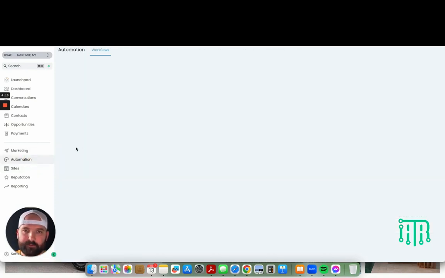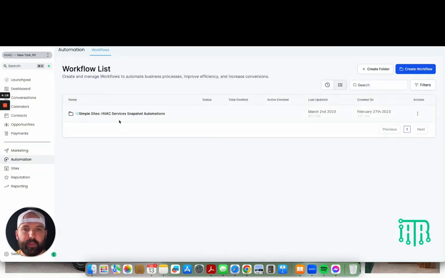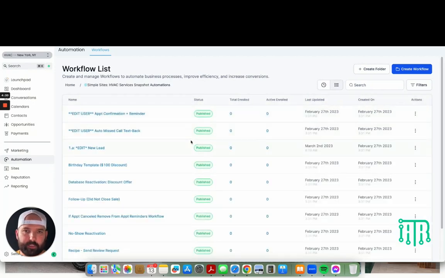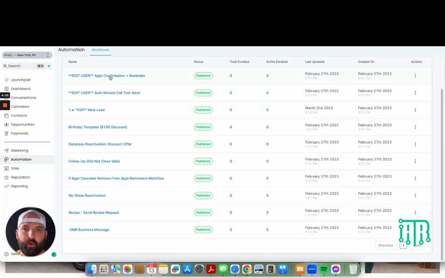All the automations, you can see here that again, everything is very clearly separated, put in its own folder. So if you have another snapshot imported already, you don't have to worry about these getting mixed up with other workflows you have built. You just click on this, have a beefed up appointment reminder, confirmation, a beefed up auto missed call text back, new lead campaigns with delivery, birthday templates, database reactivation, follow-ups, and if they didn't close a sale, if you have someone that's looking for like a water treatment system or something like that,